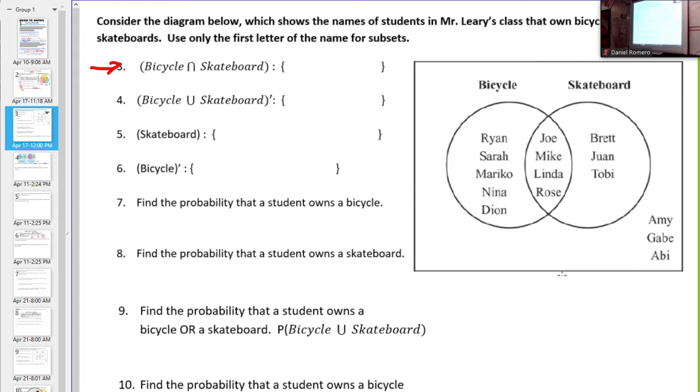Esta montar bicicleta. I don't know if it's skateboard. Yeah, Joe, Mike, Linda, Rose. That's the intersection of the two. And they said just put the first letter. So Joe, Mike, Linda,